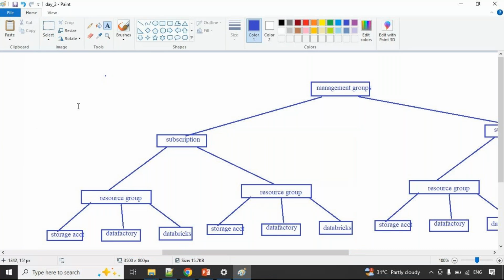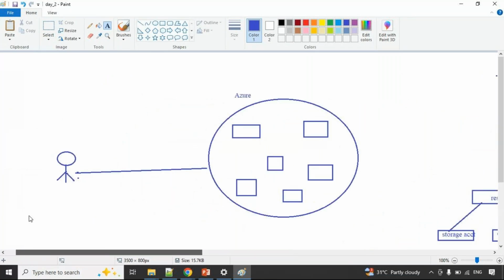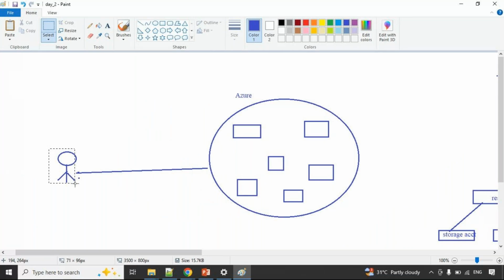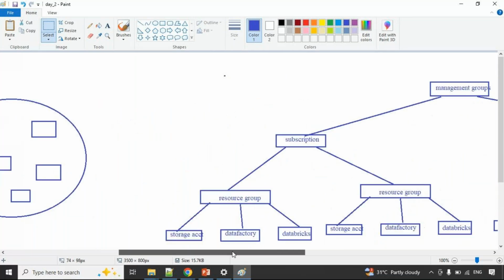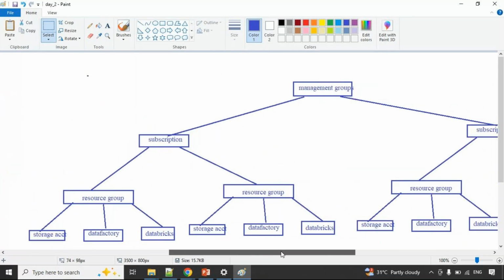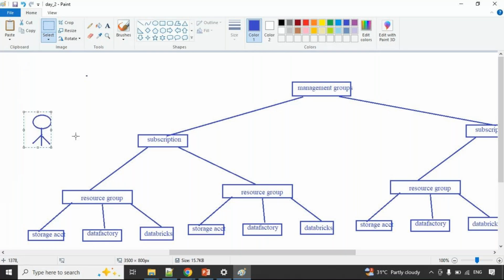For suppose you are entering into the project, your project related resource group, then you will have this subscription, you will have this resource group, and you can access only these resources.